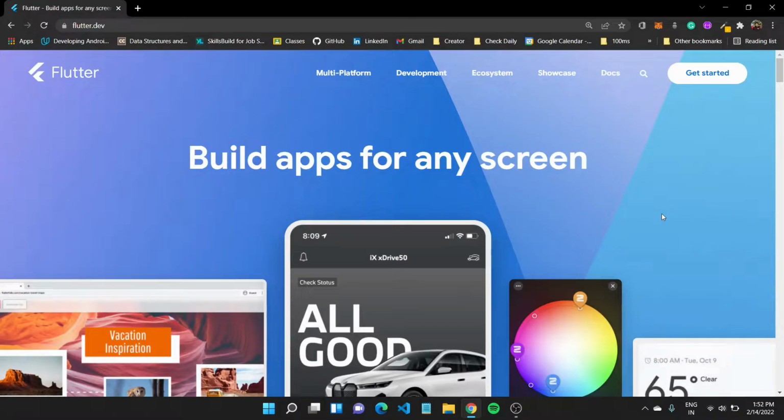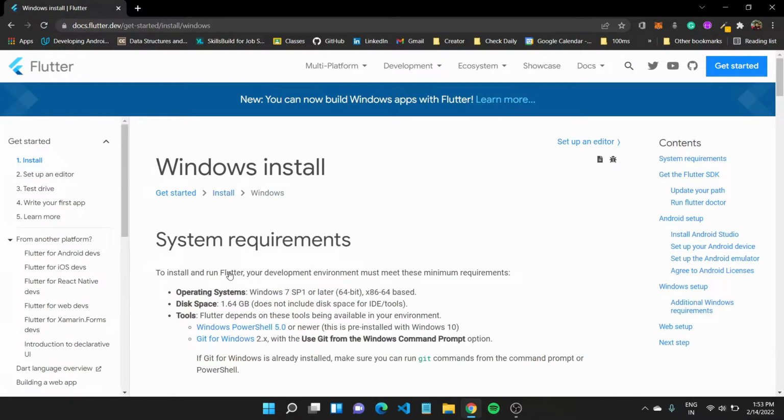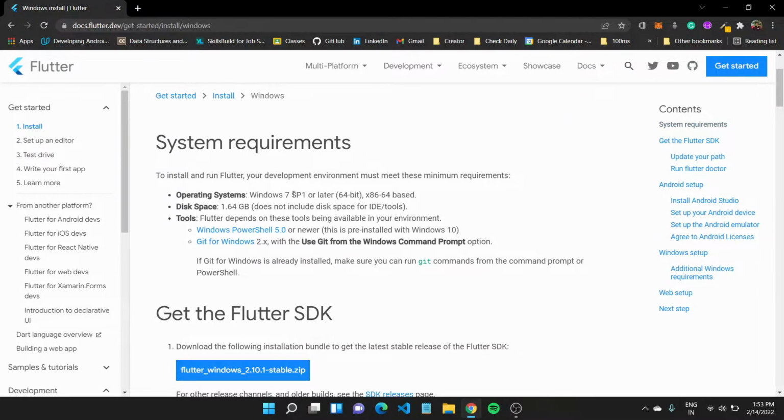Now it is time to set up Flutter on your local device. Head over to flutter.dev and click on Get Started. This will take you to the install page. Depending on the operating system you are on, it will show you the different options to select from. Since I am on Windows, I will select Windows install, and it will show me all the steps to